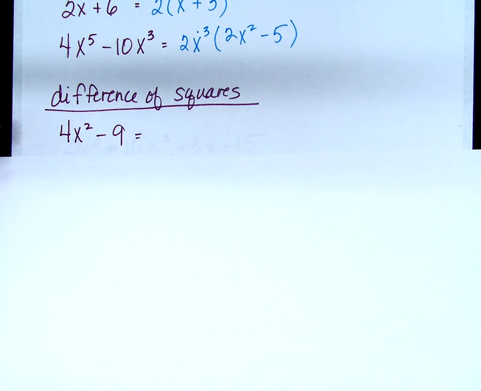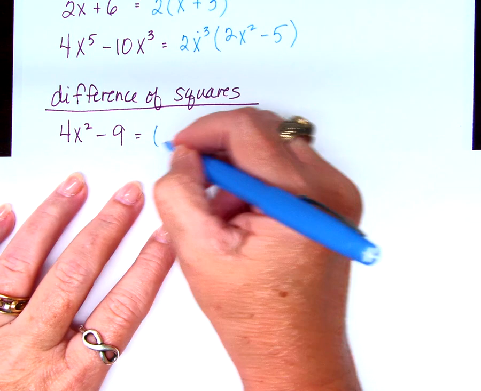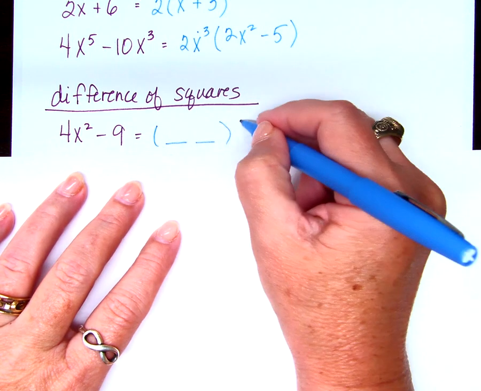Now, there's formulas that I can make you memorize for this. I don't, because I don't teach you formulas for this. I'm going to teach you patterns, and people are almost always better able to recognize or remember a pattern than they are to memorize a formula. Does that make sense? Okay, so when I factor the difference of squares, what I end up with is two